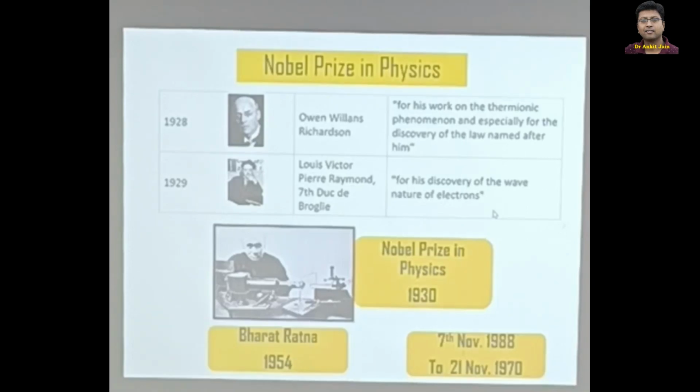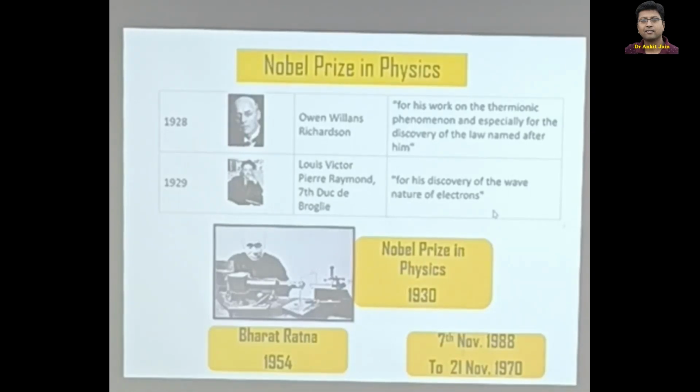Louis Victor won, but Raman did not win. But Raman kept on waiting, and from 1928-29, the last Nobel Prize, to the 1930 declaration of the Nobel Prize, he only saw the newspaper to see whether he was getting the Nobel Prize or not. And Nobel Prizes are usually declared in July. So he had already booked his tickets to go to Sweden in the month of June, because he knew that